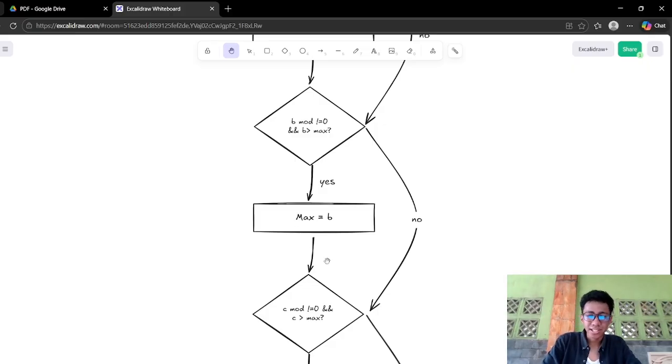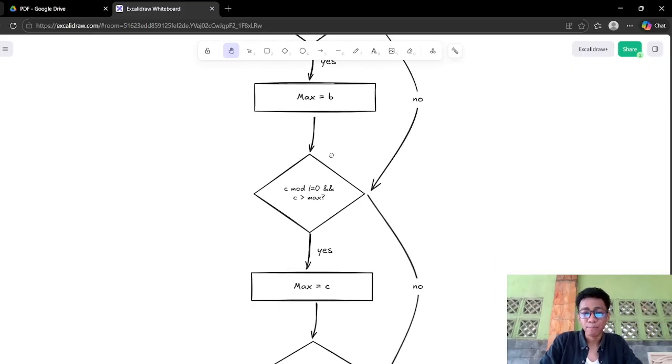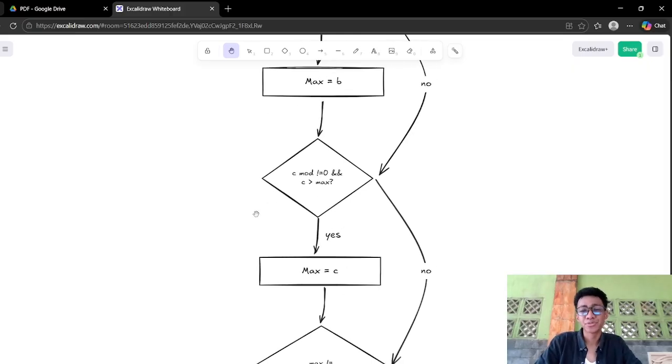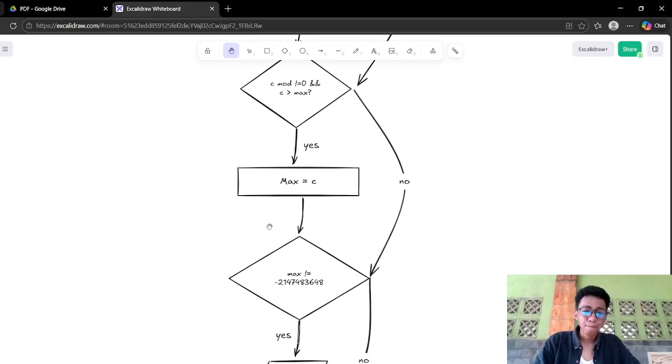And if it's yes, we set the value of max with B. And after that, since we need three integer inputs here, we need to check the last input, which is C, whether C is odd or not, and whether C is greater than max, which has the value of B. And if it's yes, max is assigned with C.